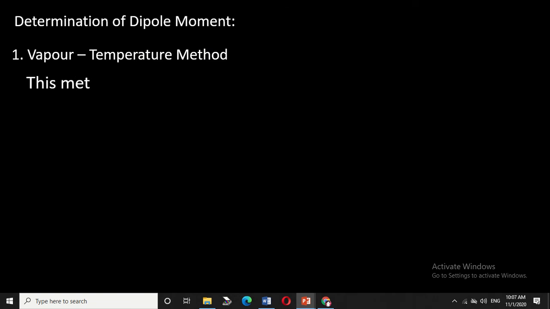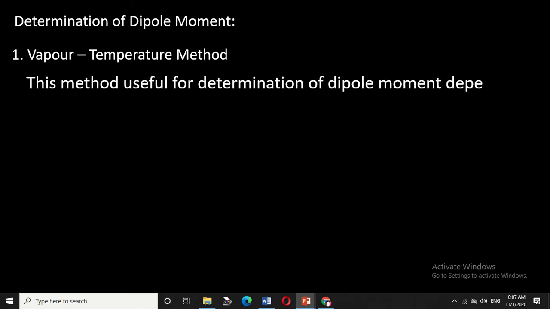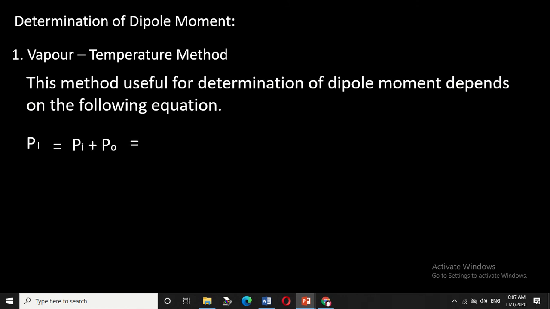Friends, now determination of the dipole moment. This can be done by two methods. The name of the first method is the vapor temperature method. This method is useful for those compounds which are easily converted into the gaseous phase or which are present in the gaseous phase. This method is based on the following equation, that is total polarization equal to Pi plus Po